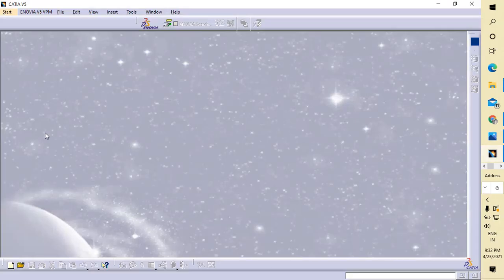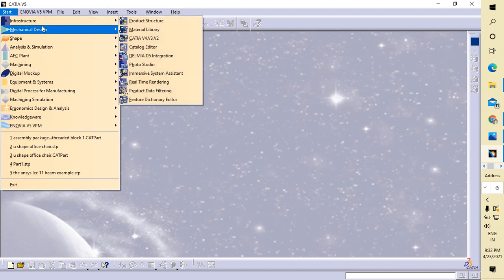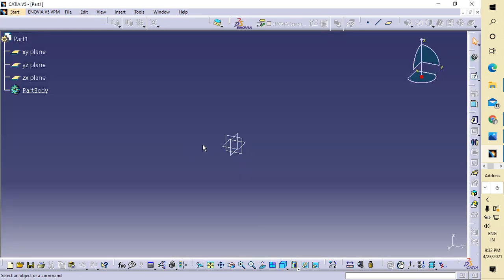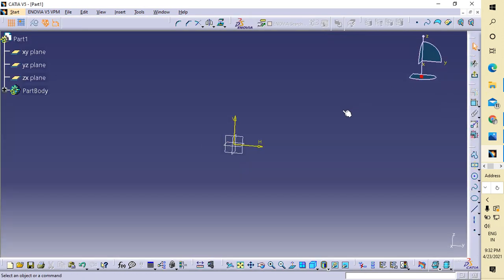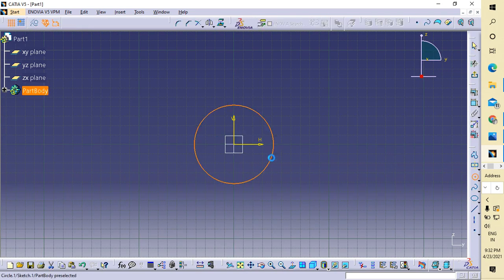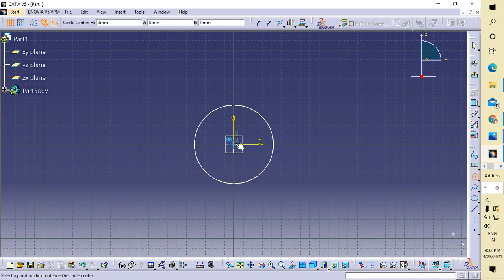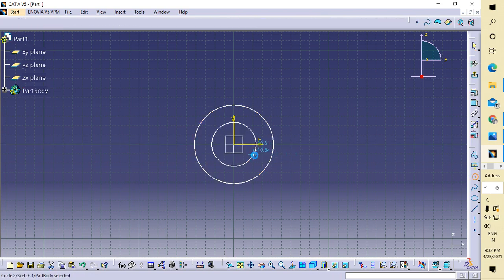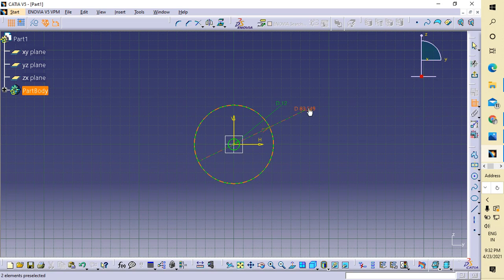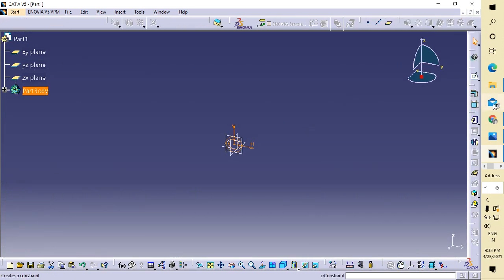Okay, no problem. So now go to mechanical design, part design. Now I am selecting this one. Okay, outer circle, double click it so that you can use it frequently. 12, this is 18. Now we exit workbench, pad it,